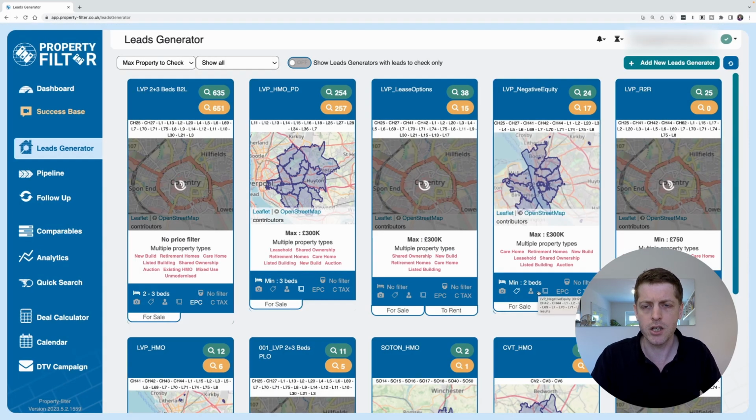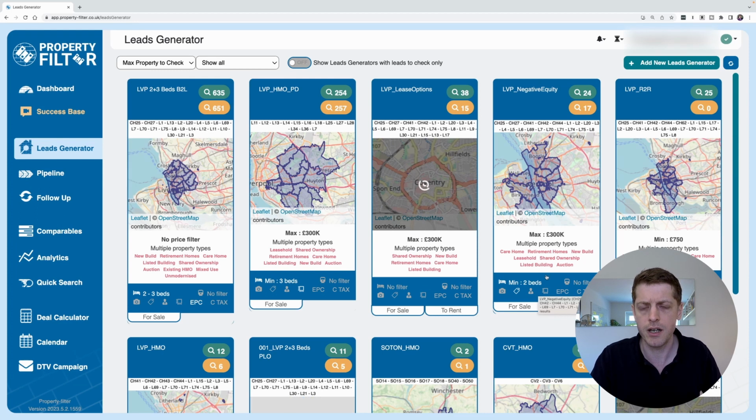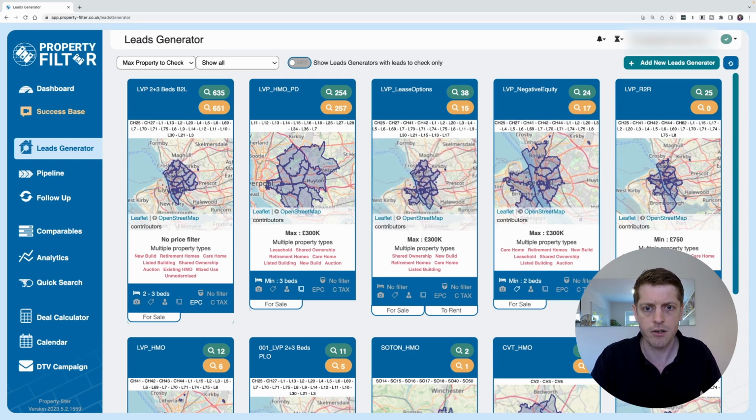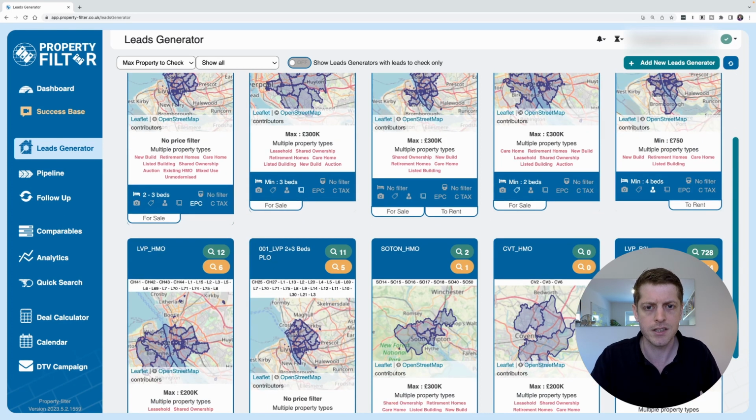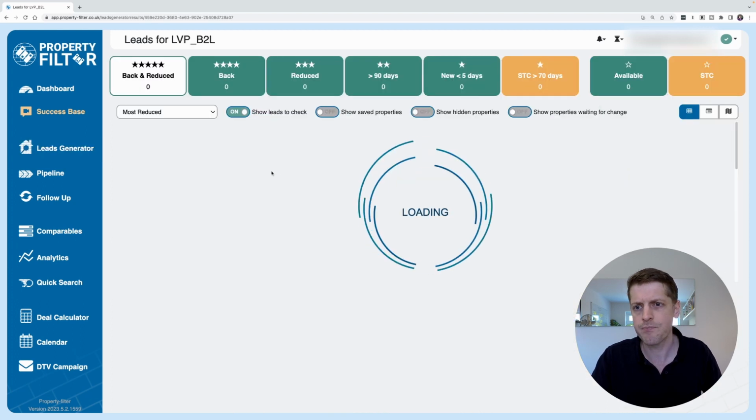So it now goes away. It looks for properties that meet our criteria. And if we just have a look for our lead generator, we can see it down here on the right hand side. And it's thrown up quite a lot. So we've got 728 properties that are available for sale and then 724 that are sold subject to contract or under offer. So if I just go and click on that lead generator and then go check leads, we can